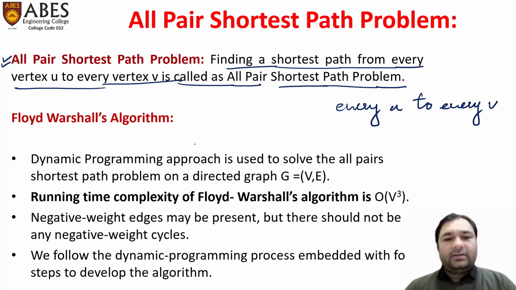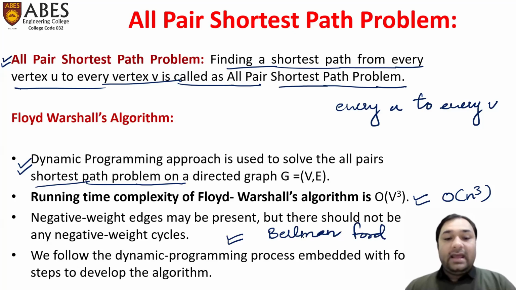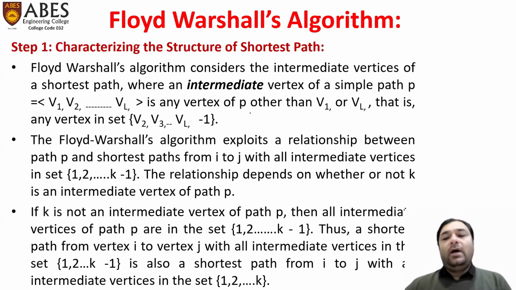Now, what is the Floyd-Warshall algorithm? It follows a dynamic programming approach to find the shortest path. The running time complexity of this is order of V cube, or order of N cube, where N is the number of vertices. Negative weight edges can be present, but a negative weight cycle cannot be formed, as in the Bellman-Ford algorithm. Now, as we are all aware, there are 4 steps which we have to follow